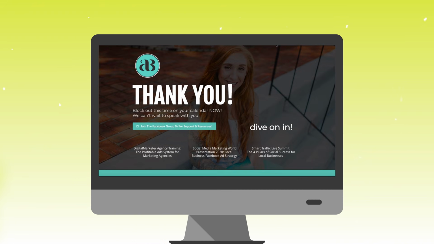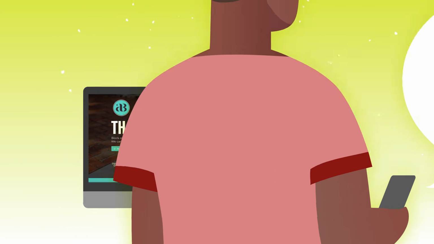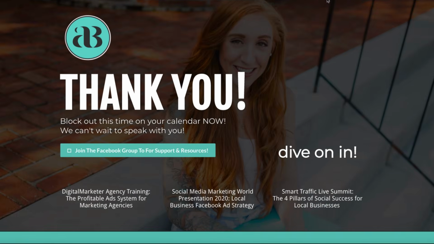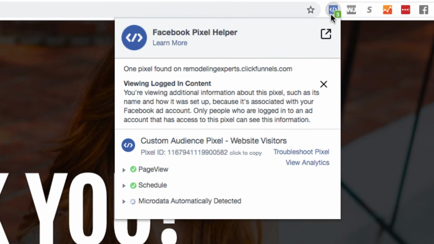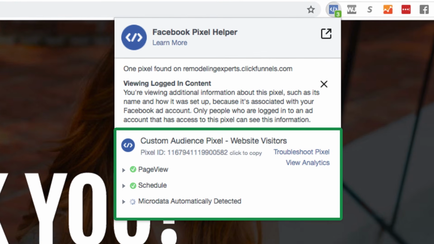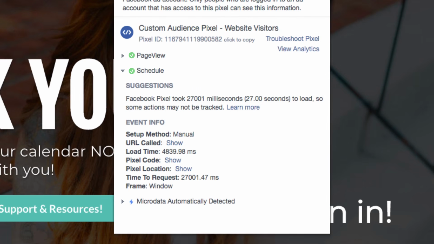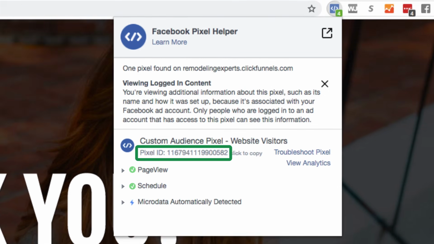Now you're going to verify that that domain and that URL that we've added your Facebook pixel to, and the page that we've added your standard events to, is actually installed properly. We're going to take a look at my thank you for booking a call page. So as soon as somebody schedules a call, they're going to land on this page. You're going to be able to see that Facebook Pixel Helper plugin right up top. It's blue, so we know that there is a pixel installed, but I actually want to click on that so I can take a look.